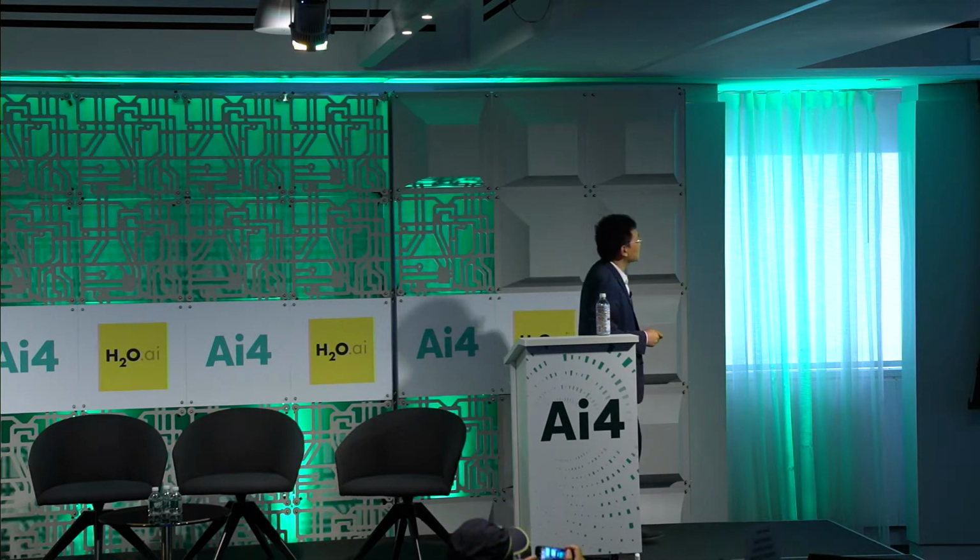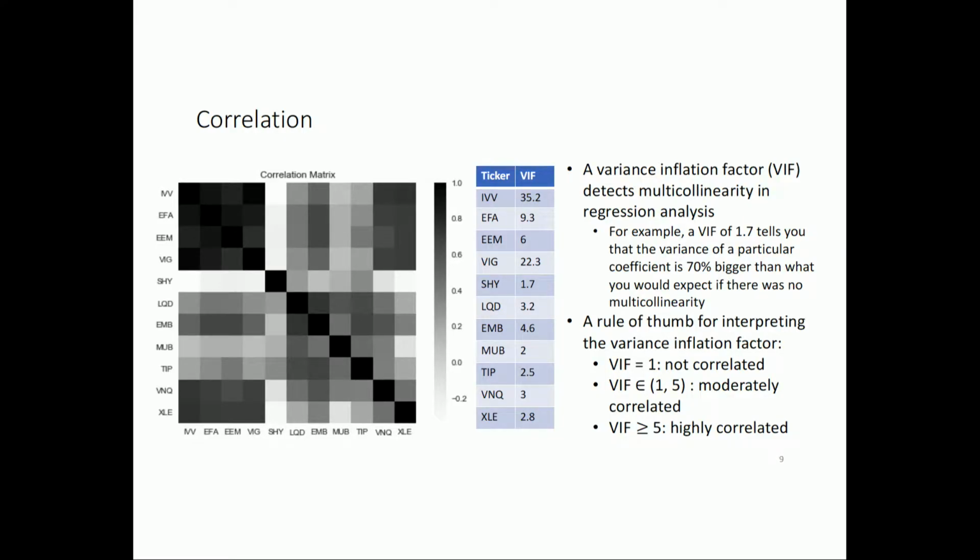Now, let's also look at the correlations among different assets. You can see that in this plot, the stock ETFs are highly correlated. So this is cross-asset correlation. If you look at the single time series, it's also autocorrelated. So if we feed these multivariate time series into a time series regression model, most of the time beta would be